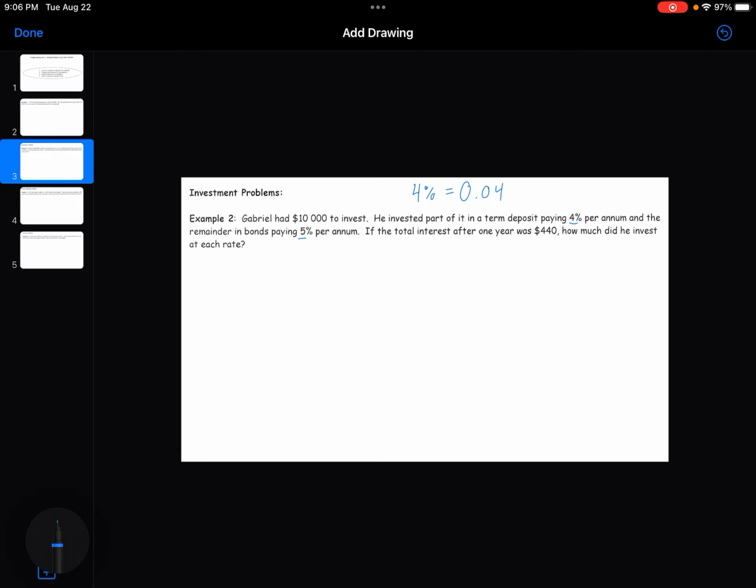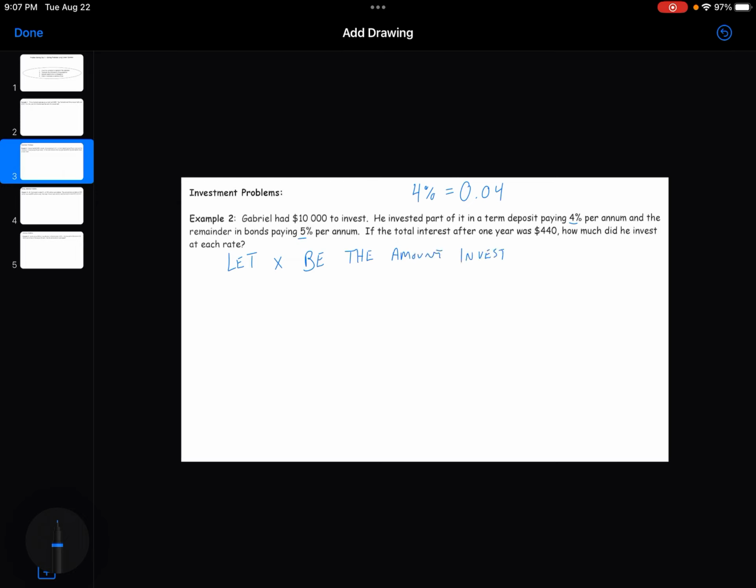Now with this question, what we're actually looking at is how much did we invest at each rate. We're going to have a total interest equation, and we're going to have a total money invested equation. So our let statements would be